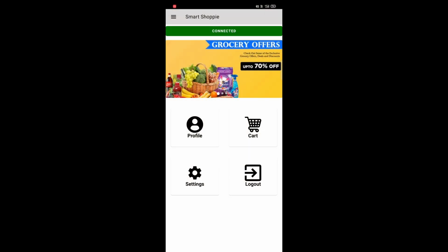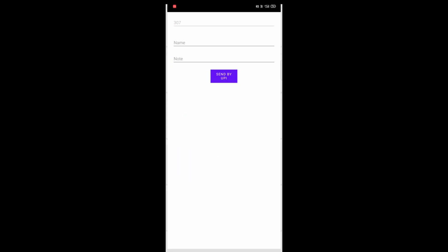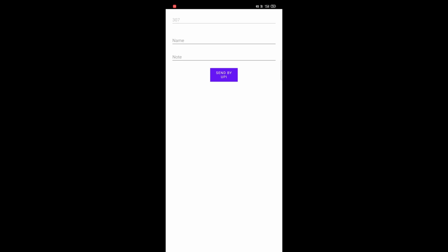Items that are scanned will be displayed in the cart. It fetches the data from the item database and cart database. It also automatically calculates the total amount and displays it at the bottom of the screen. To proceed to the payment page, we must click to pay. It consists of the automatically generated amount from the cart, the name field, and any note field to be entered if any. By clicking on the Send by UPI,